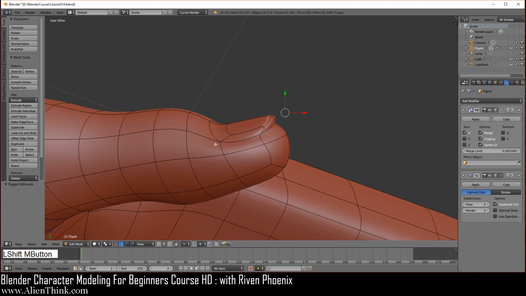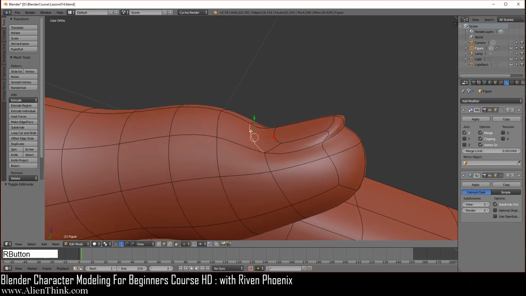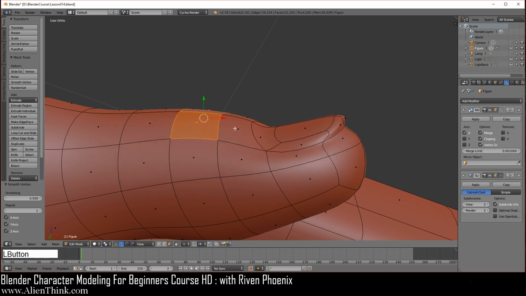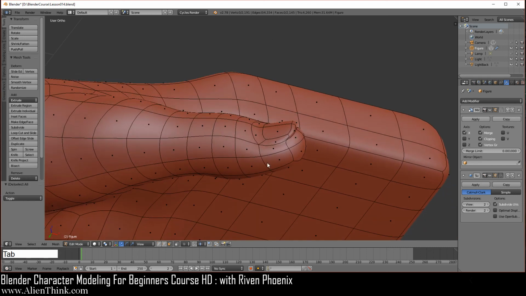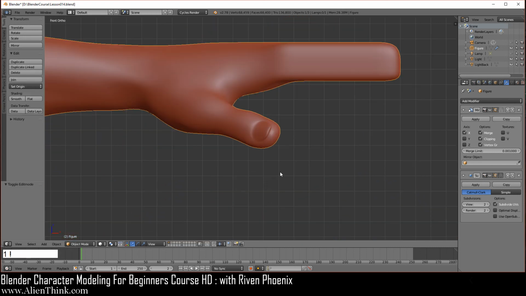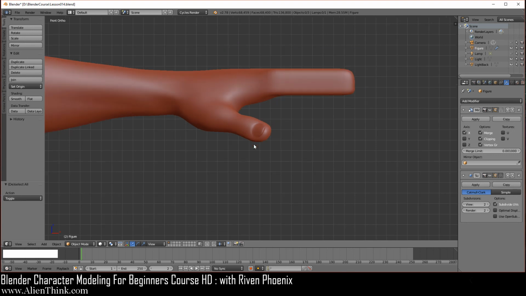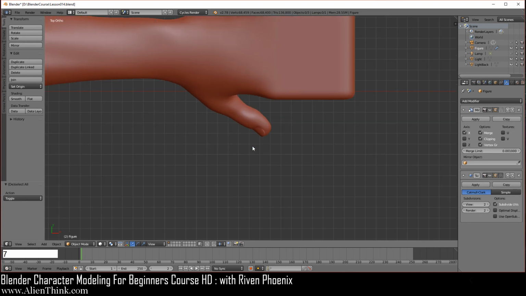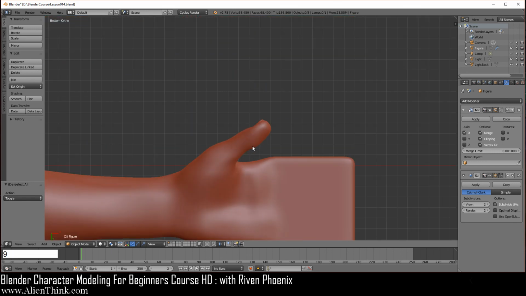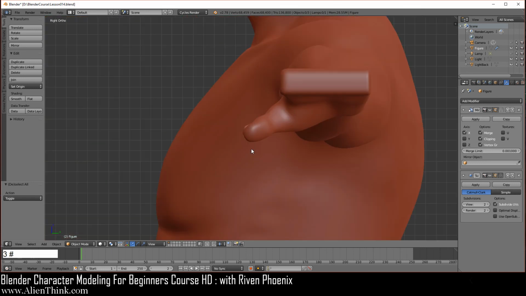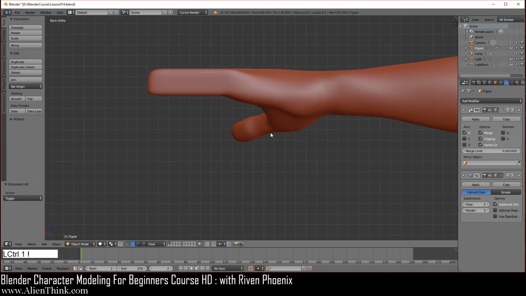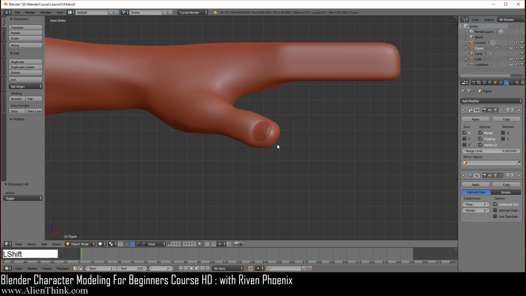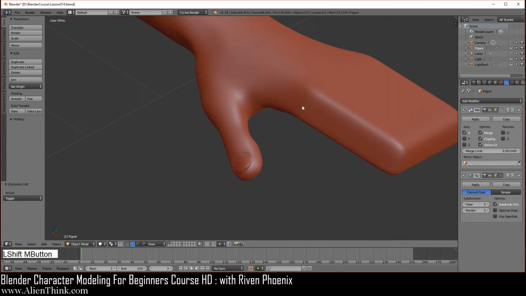Okay, so I'm just going to go in here and click on this and do G to very lightly bring this up. And let's go ahead and click on these two, do W smooth to bring this down a little, A to D select. Okay, so now if you do tab and A to D select, you can see we've got the thumb here. This is from the top. If I press 7, if I press 9, I'll be in the bottom. If I press 3, this is the right. If I do Control 1, this is what it is. Okay, so now we've defined the thumb over here.